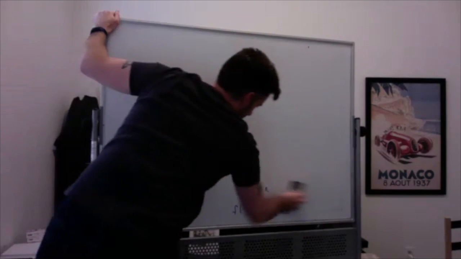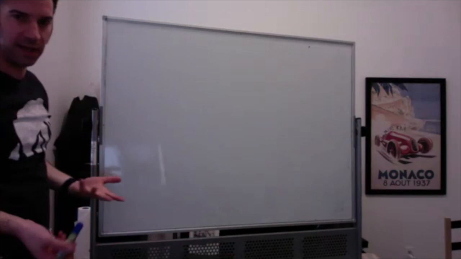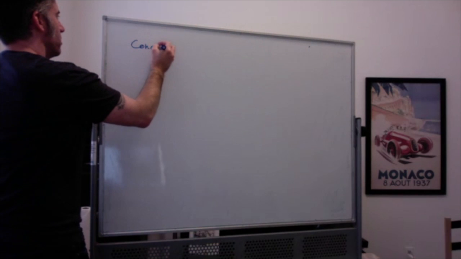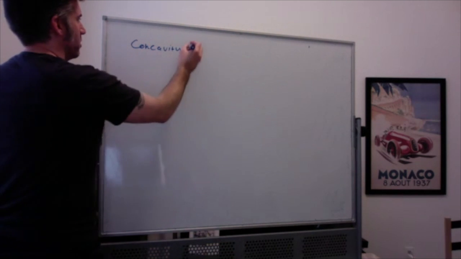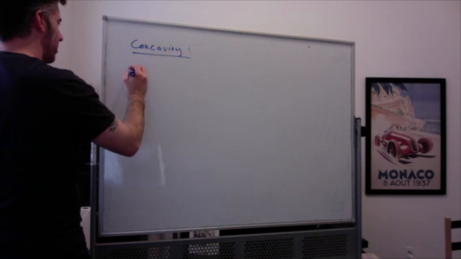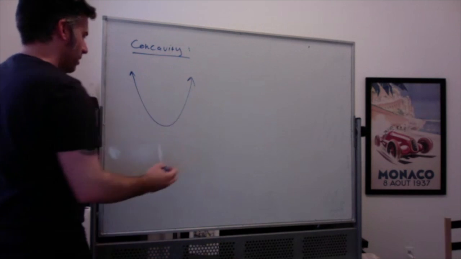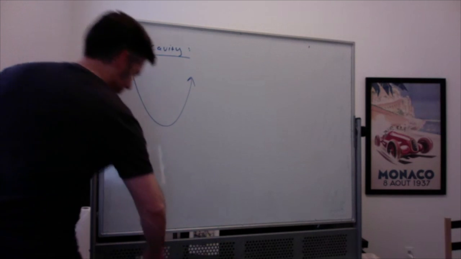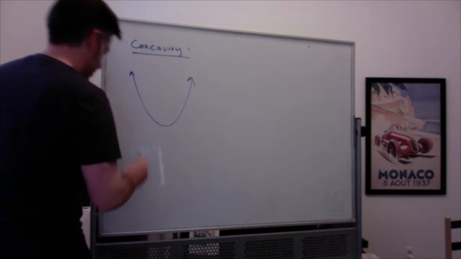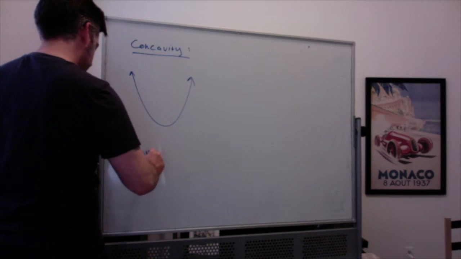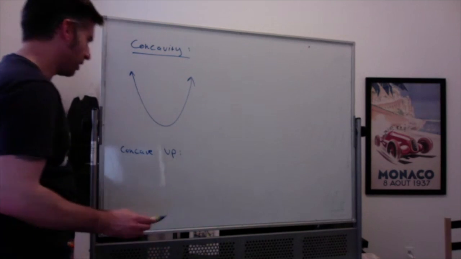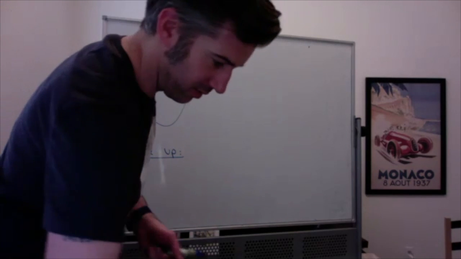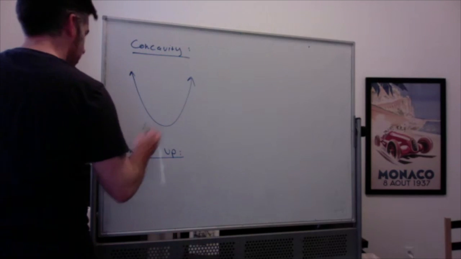Actually, I should say a few words about concavity real briefly. So concavity. If you've got something like this, and I'm thinking of just a parabola, this is definitely concave up. Sure, I can write the words. And so when I think about being concave up, I think about literally three things. I think about the function